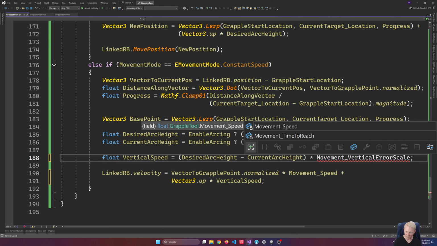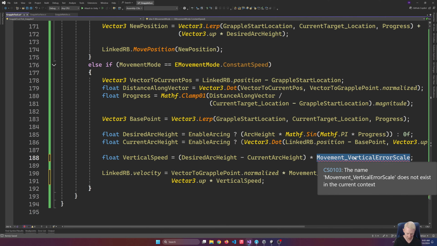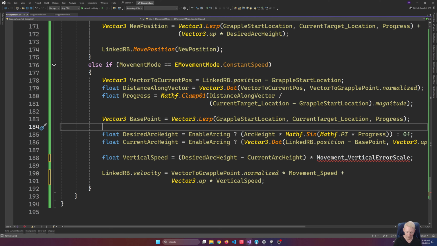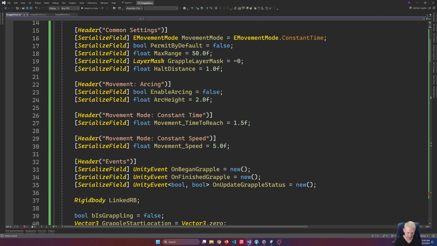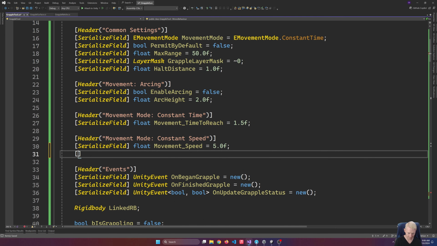So what we're building here is a very simple version of what's known as a control system. So very, very simple control system. And what we do then is here, this one only applies for the constant speed one, and we'll default that